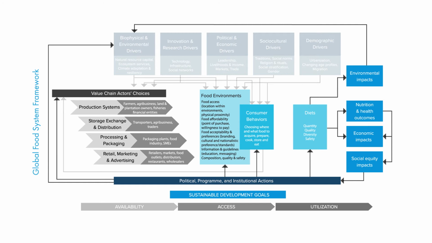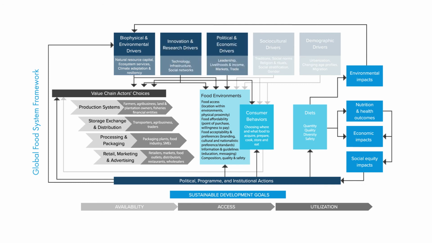Now take a look at the top of the framework. These are different drivers that are influencing the food system, and we'll get into this in a little bit. There's biophysical environmental drivers, climate change being a big one, natural resources or natural capital, land, water, soil. These are all really important for food production and can be constrained or can be in abundance. We have issues of political will, policy, sociocultural factors, religion, tradition, the importance of food in a society or in a household. We have issues of demography, changing age, different populations.